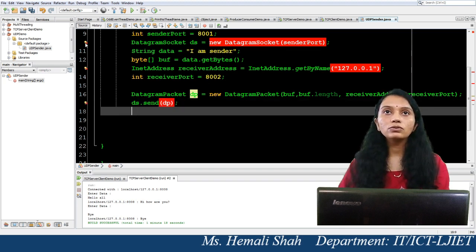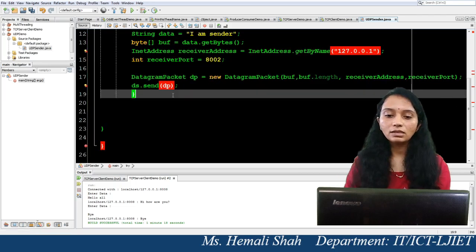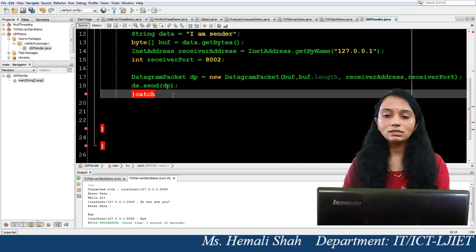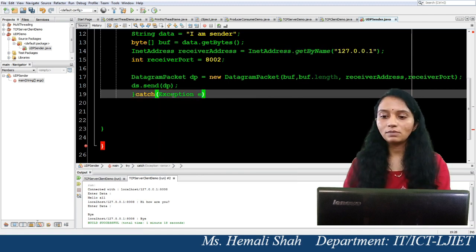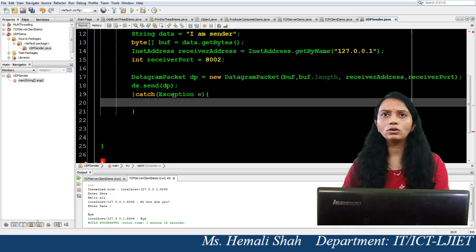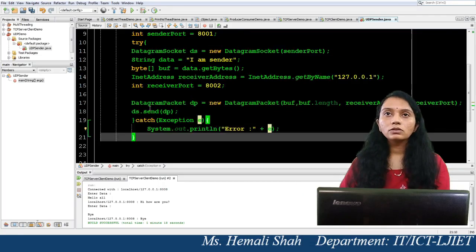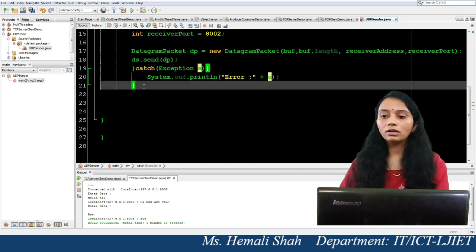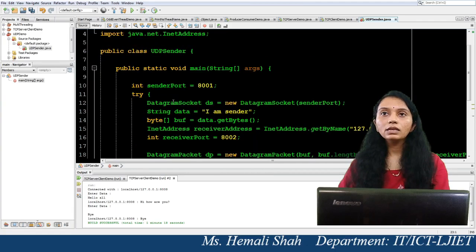Now don't forget to handle these many checked exceptions. So I'm just putting all the code inside this try-catch, and I'm just putting the super-level class Exception over here. You can use the tool also if you don't want to write this try-catch yourself, right? The error I'm just printing over here, right? So it will remove all your compile-time errors. Now I'm just formatting this code, right?